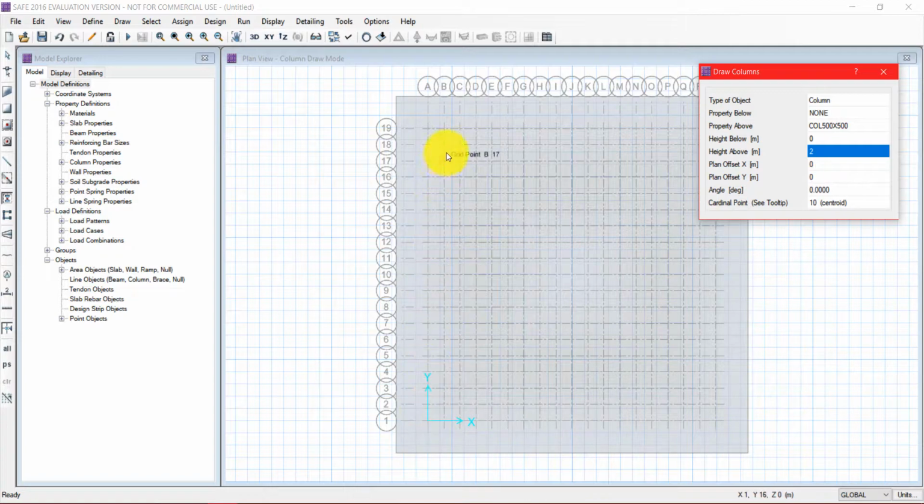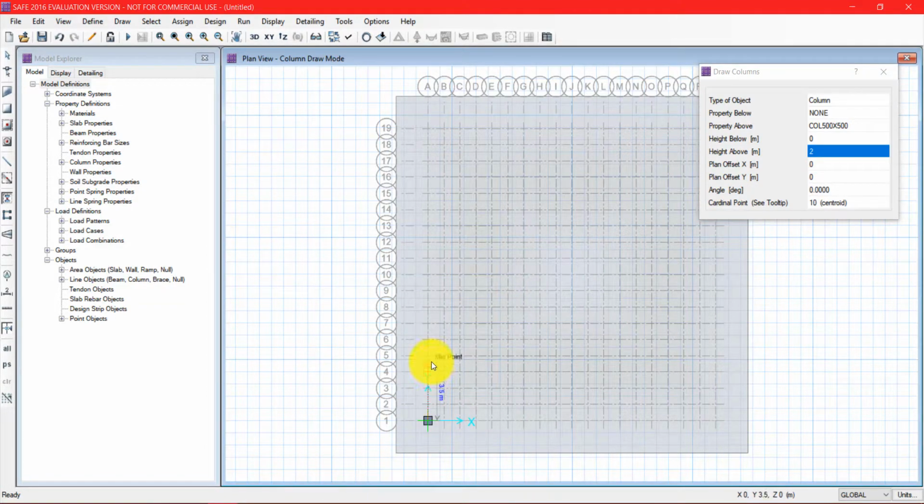The columns will be defined in such a way that the columns in the middle will be of column 600 into 600 property, and columns on the corners will be column 500 into 500. This information has been taken directly from the ETABS software model.